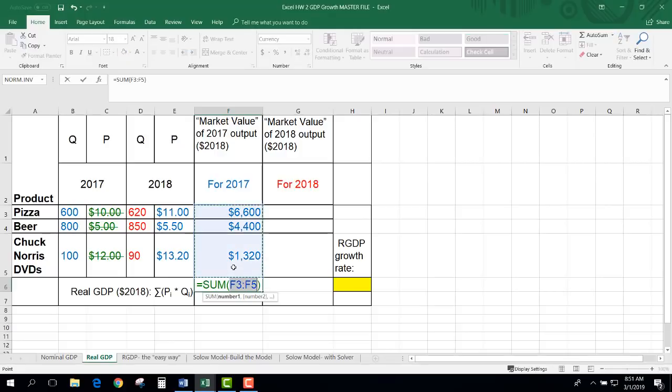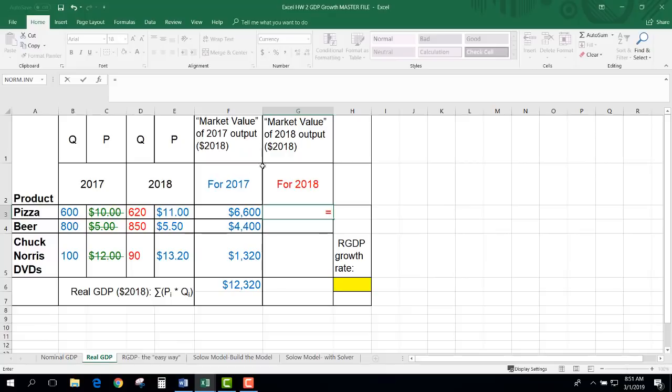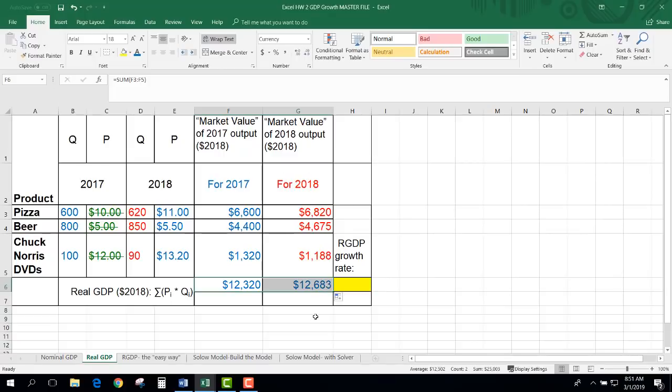Alt equals, auto sum those. Okay, so 12,320. Let's match that color to the rest of them. And then of course 2018's market value in 2018 dollars is already there, so we just do the same thing we already did: 2018's quantities times 2018's prices. Okay, now I see I have a much smaller, only about a $300 increase in real GDP here,